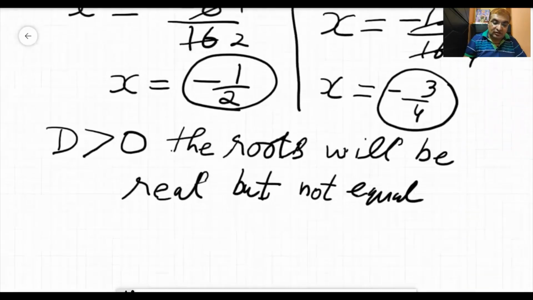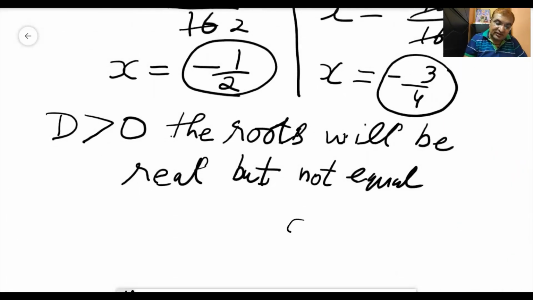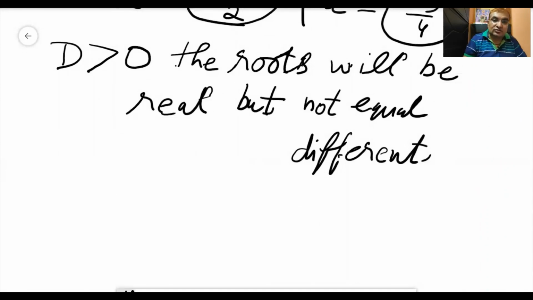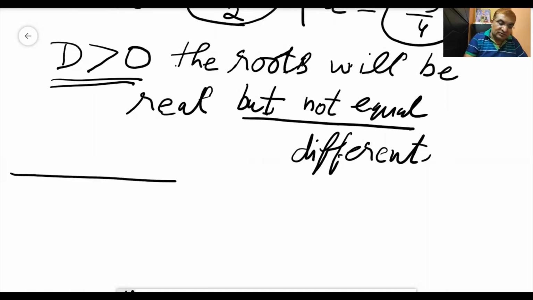We can also call that roots are different. And we can also say that roots do not repeat each other. So they are not equal because the value of d was greater than 0. It is our case number 1. Observe the first thing, whenever d is positive, value of d is more than 0, then two different roots, two distinct roots will be there because value of d was positive. Now we'll proceed further.